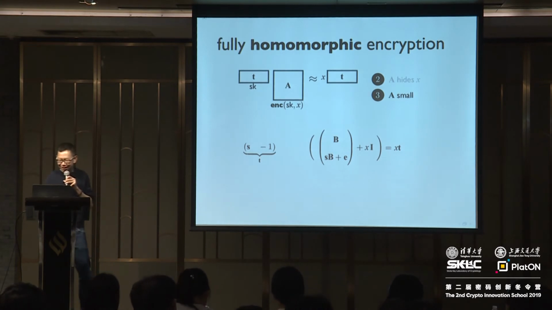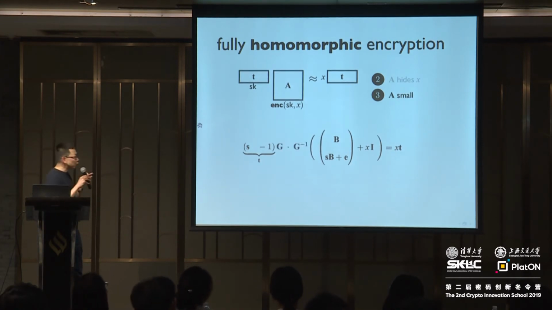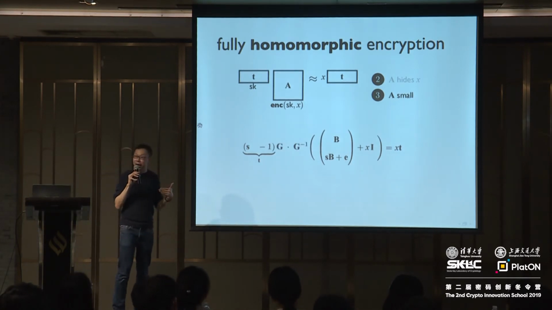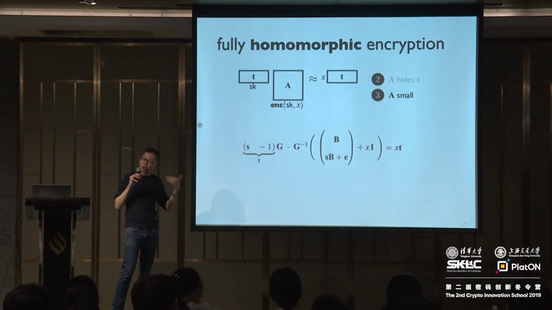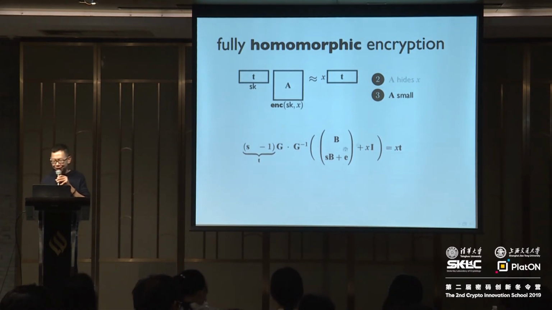So the equal here should be approximately equal. So we want to apply this. We want the same equality to hold. So we're going to apply G inverse to our A, and then to make sure equality holds, we need to left multiply that by G. Okay? Again, this should be approximately equal. So this G essentially cancels out G inverse, so we still have the same equation as before.